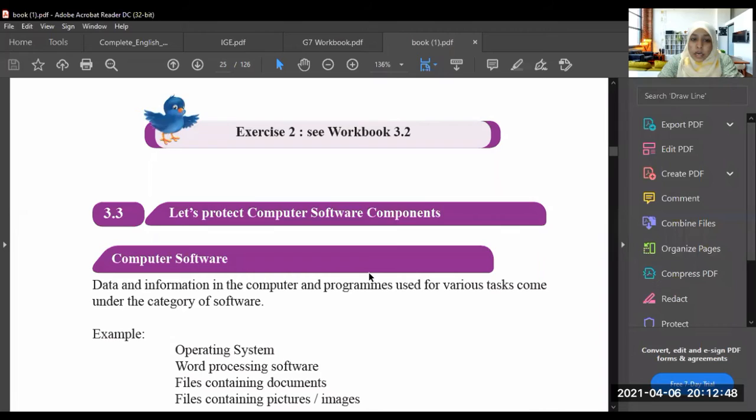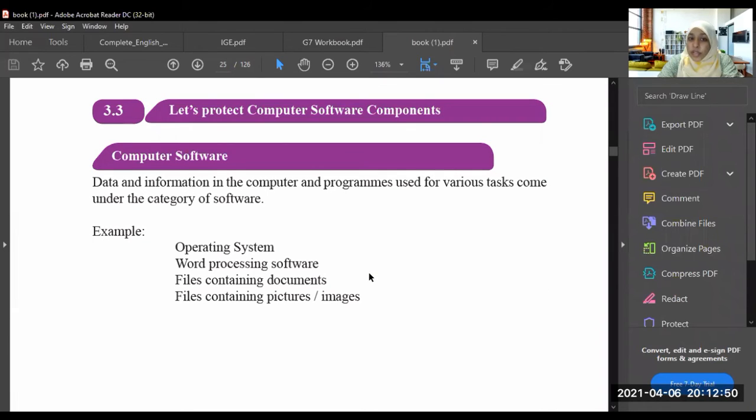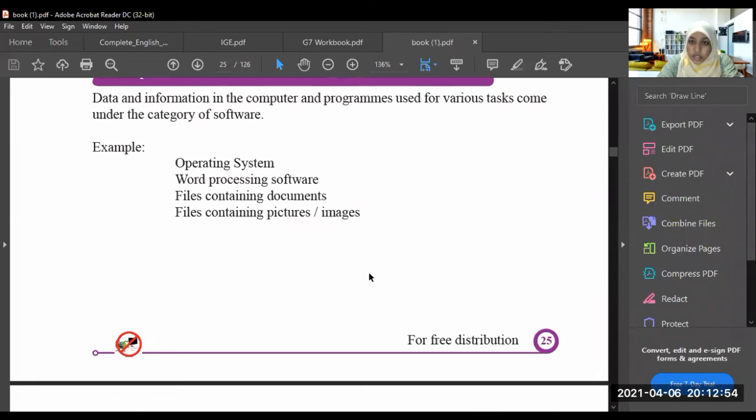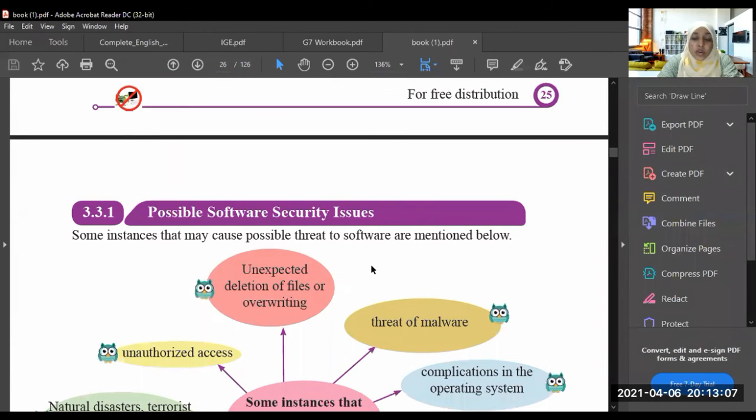Next, we learned how to protect the software components in the computer. You know what software components are? Software components are the computer programs which are used by us to do our tasks easily, and they cannot be seen or touched. They are not physical.